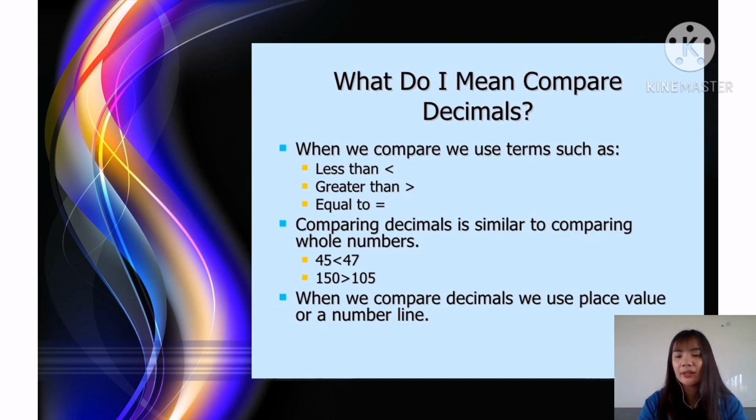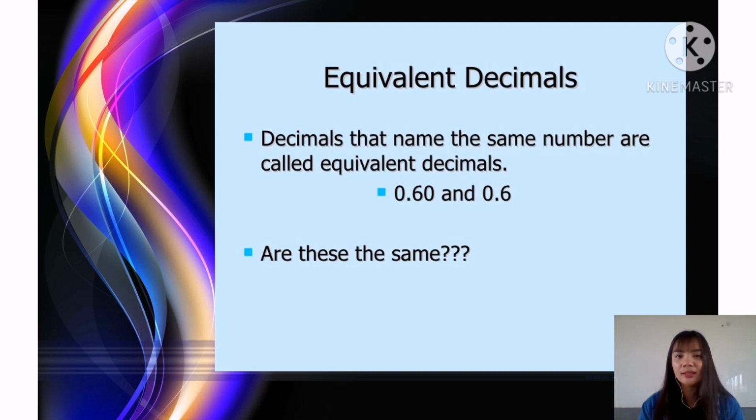When comparing decimals, it is similar to comparing whole numbers. For example, 45 is less than 47. When we compare decimals, we use place value or a number line to see these numbers also. Decimals that name the same number are called equivalent decimals. For example, you can see here